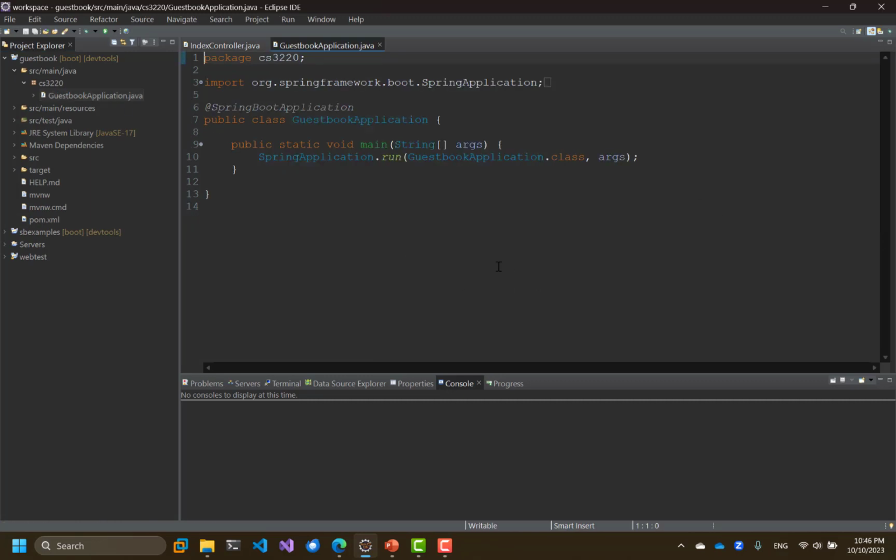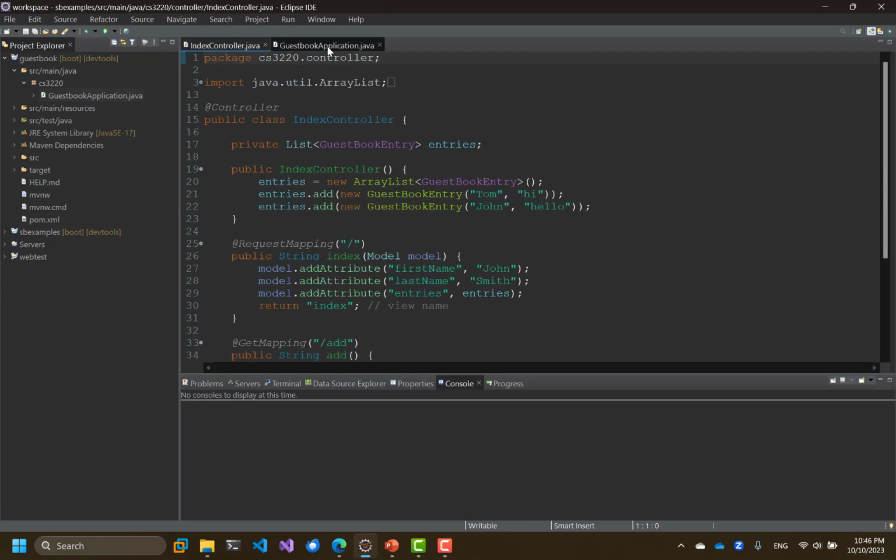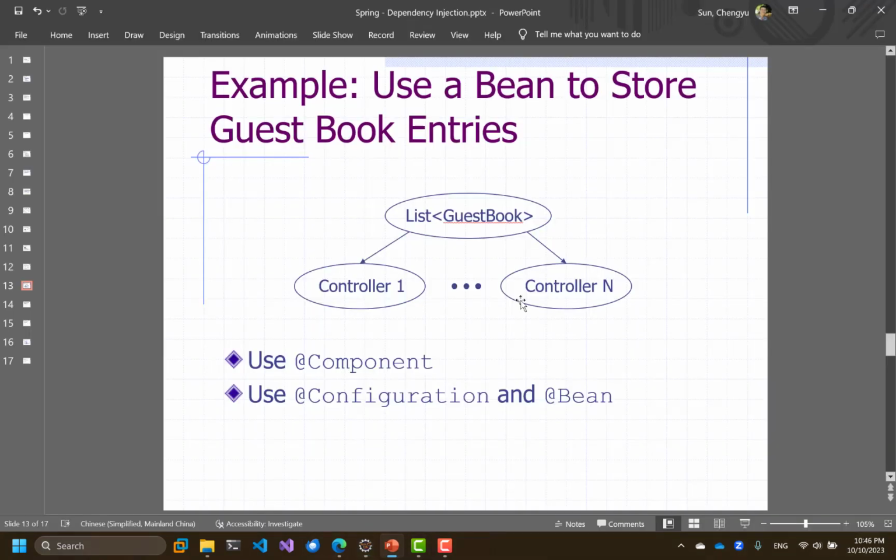Okay, so now we have this empty project, and what we want to do is create a bean that holds a list of guestbook entries, and